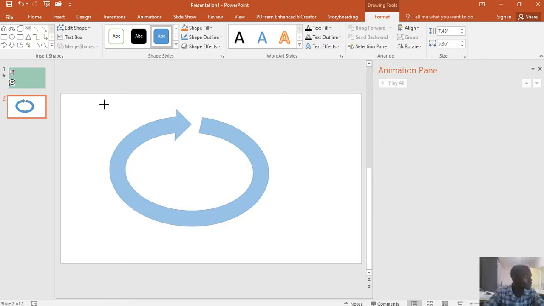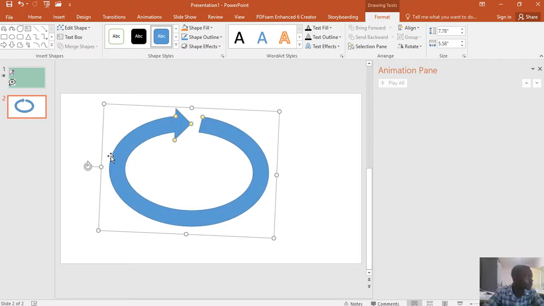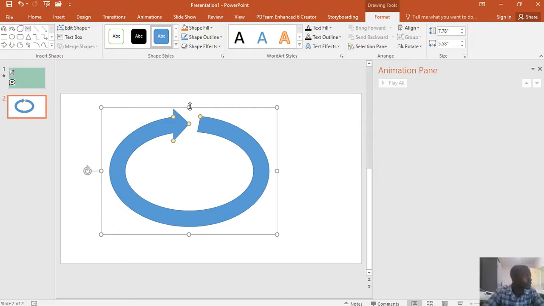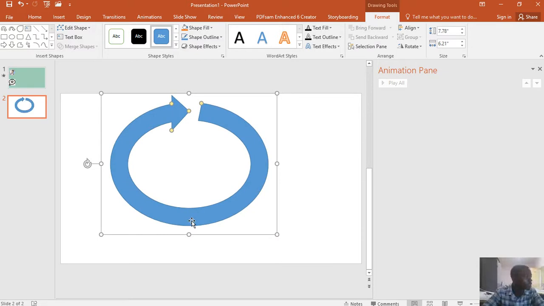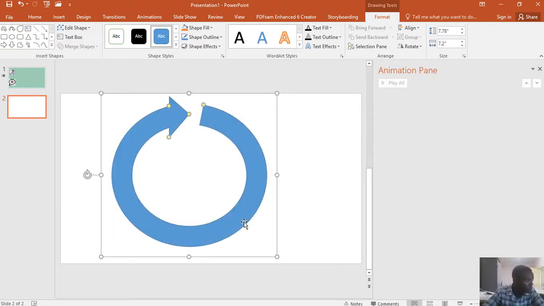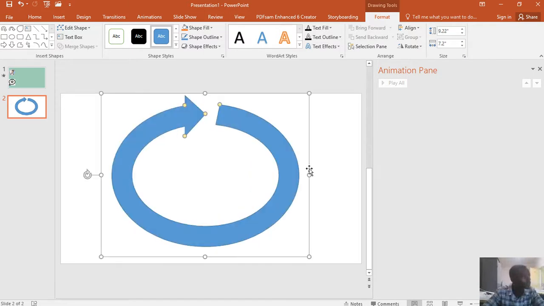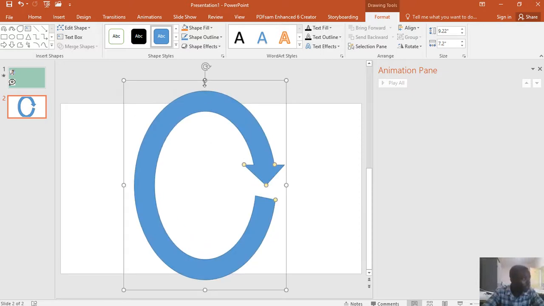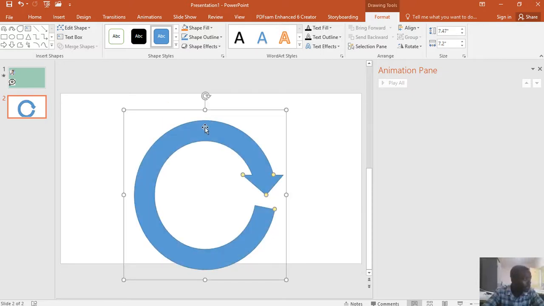We can rotate it to that, and enlarge it. You see how I'm enlarging this, right? So what happens is, now I want this circle to be like this and shrink like that,